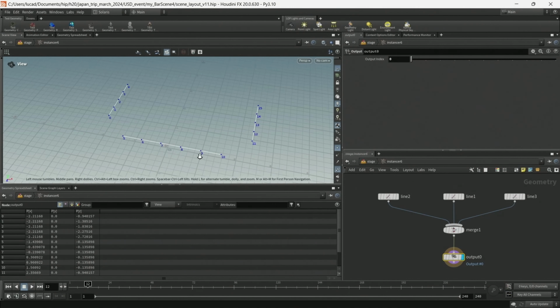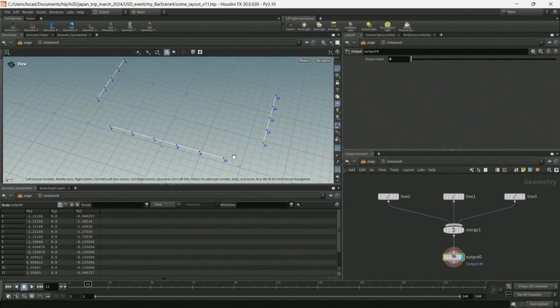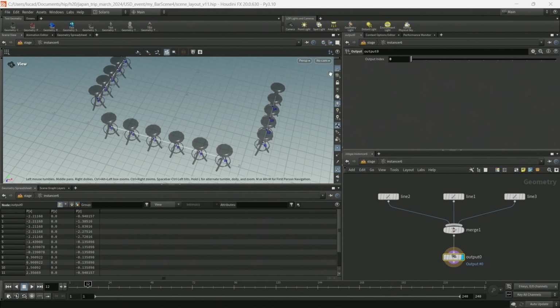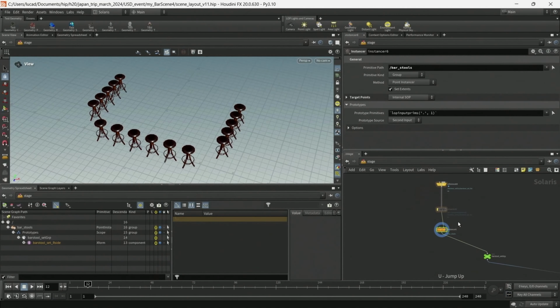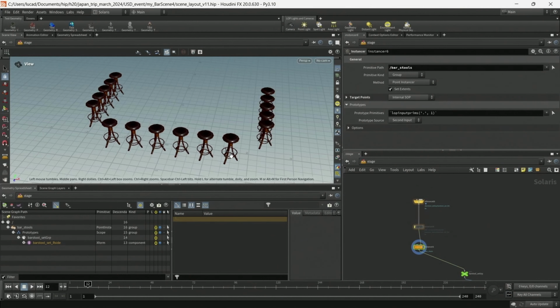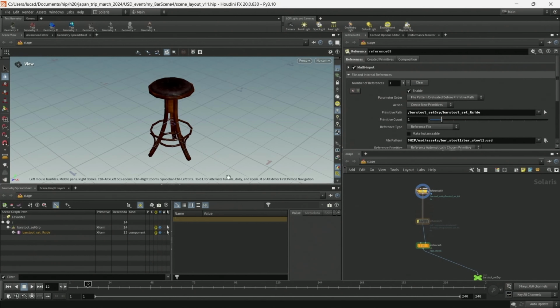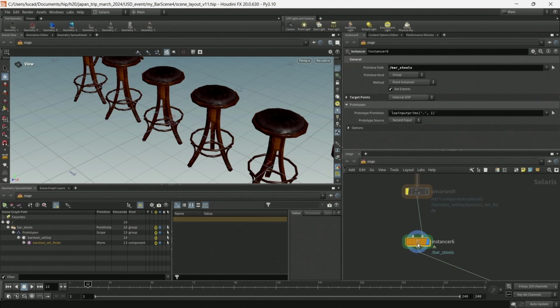Inside the instance lop is a SOP or modeling network.